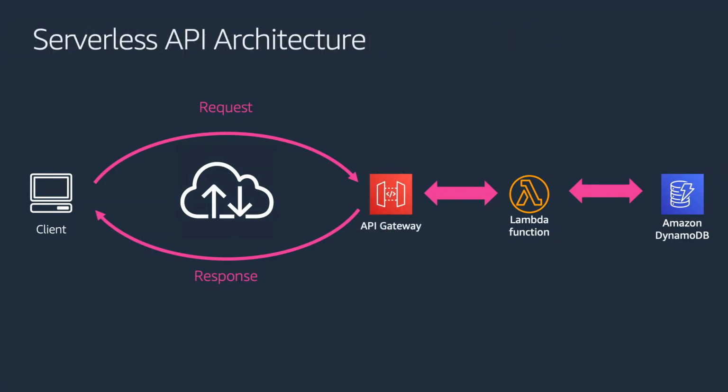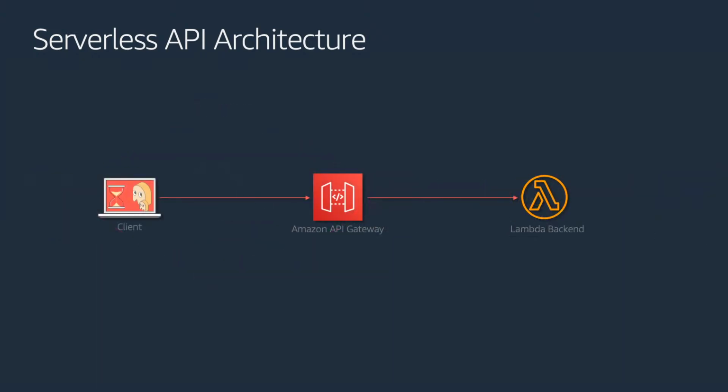So here is the crux of the matter: you have the client on one side and the API gateway in the center, which handles the backend interactions for you. This is how a simplified serverless architecture looks. You have a client, an API gateway, and a Lambda backend. The Lambda backend might talk to DynamoDB or some other database or other services, depending upon the request, and then the request gets handled.